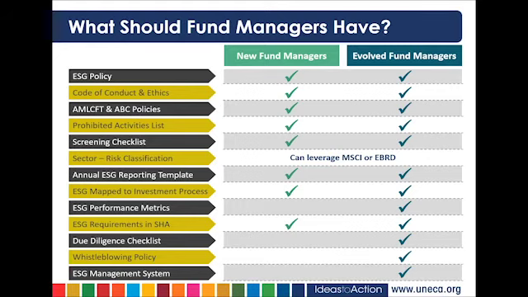Another thing that you should have in place is an annual ESG reporting template, keeping in mind that the initial template you start with may not be the template that you will be providing to LPs at the end of the negotiations, but it does provide you with an initial negotiating position. LPs do have requirements that will overlap, and about 87% of annual ESG reporting requirements from LPs do tend to overlap. It is up to you to then arrive at a template that is common to all your limited partners so that you're only providing one annual ESG report per LP per fund, as opposed to multiple reports to multiple fund managers.